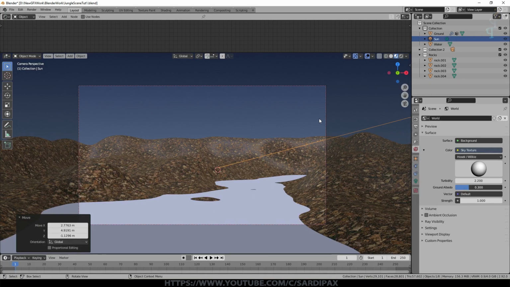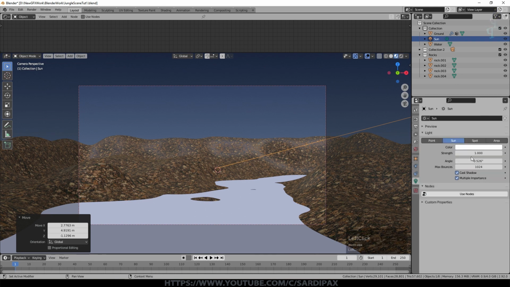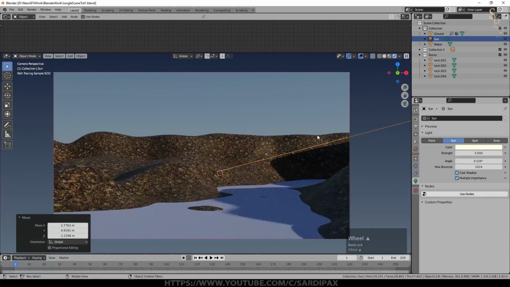But generally it's not quite that bad, but nevertheless, if your scene's already very, very dark, there will be a lot of occasions when it will just be a black screen almost for some people. Bear that in mind. So we've got a sun in the scene. I'll set that to a slightly yellow color, and I had mine to a brightness of about 3. So let's go to render preview. So there we are. Got some interesting shadows there, so I'll leave it as it is for the time being.